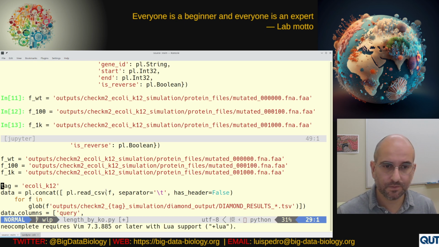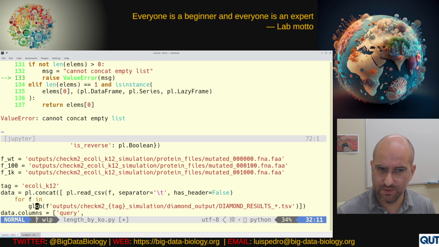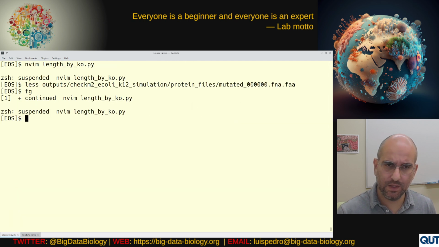So let's just load all of the data, and this is actually now going to fail for a very, very specific reason, and I will show you in a second. The reason this is failing is,